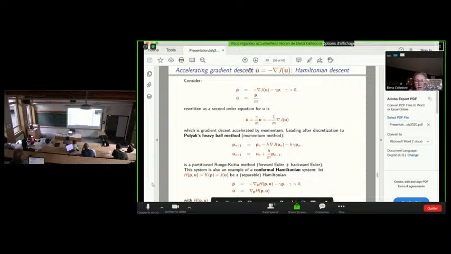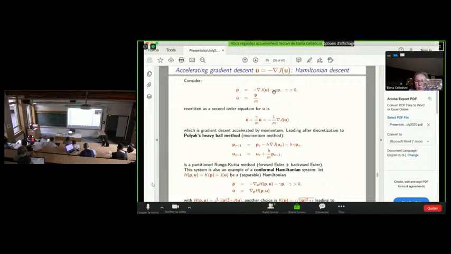Okay, so as I said, gradient descent is based on this first order ODE, u dot is equal to minus the gradient of the objective function, of the cost function. And instead, Hamiltonian descent or second order or accelerated gradient descent is typically based on systems which are of Hamiltonian type, and which look as you can see here at the top of the page.